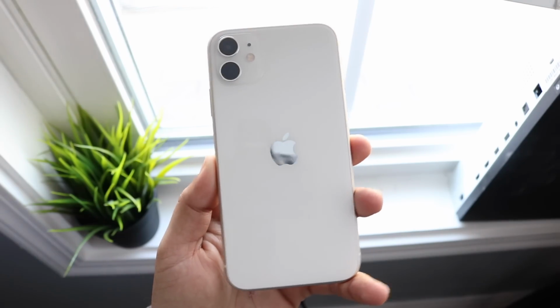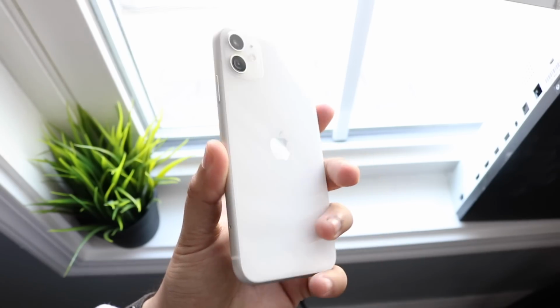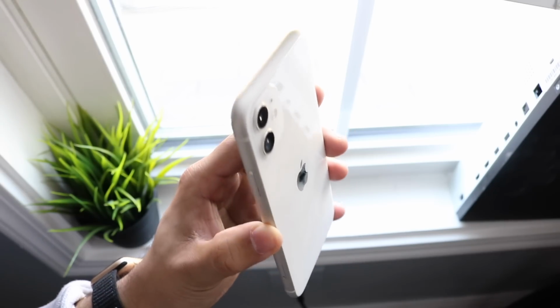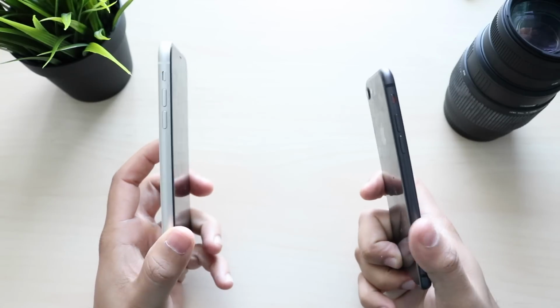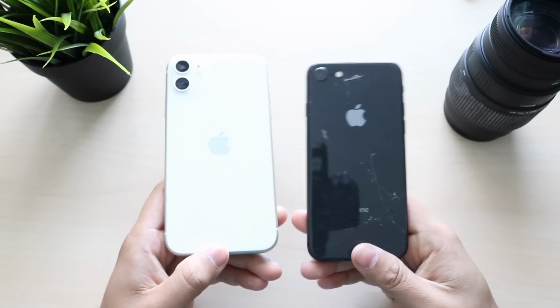Now, in terms of the build quality, you might be surprised. I'm the one who thinks that the iPhone 8 probably is built better than the iPhone 11, even though the iPhone 11 has that new texture where it's supposed to be more durable, even though that's kind of more exclusive to the 11 Pro with the frosted glass back. I kind of feel like, especially around the chassis of the phones, the iPhone 8 does feel a little bit better. Now, looking on the back, my iPhone 8 does have a cracked back, by the way,